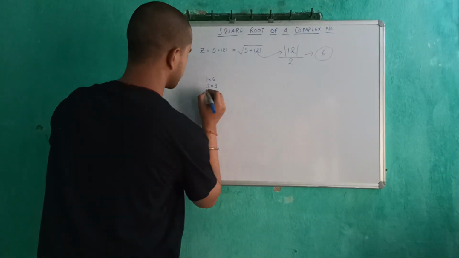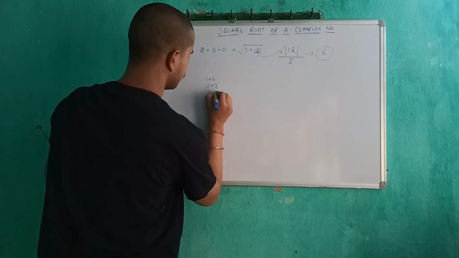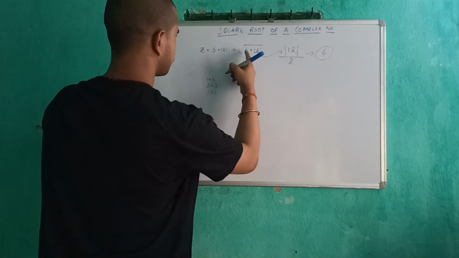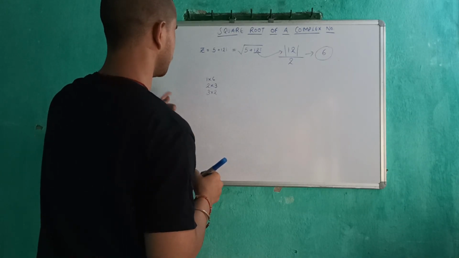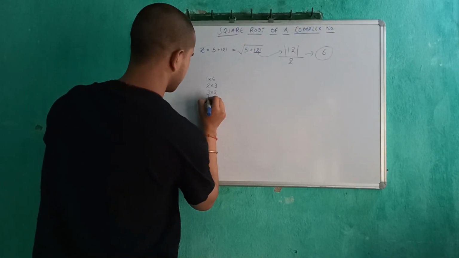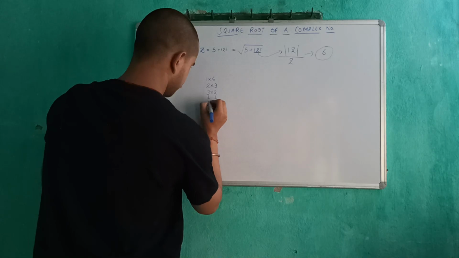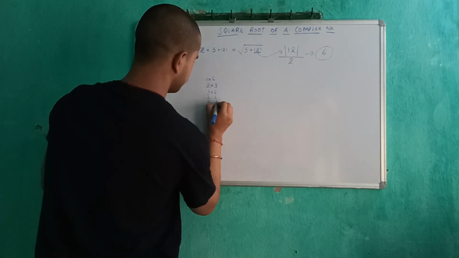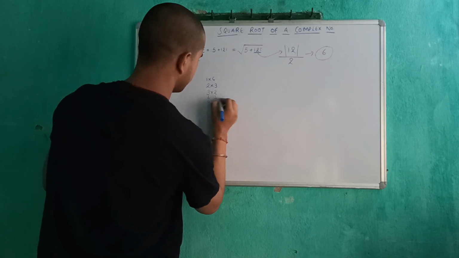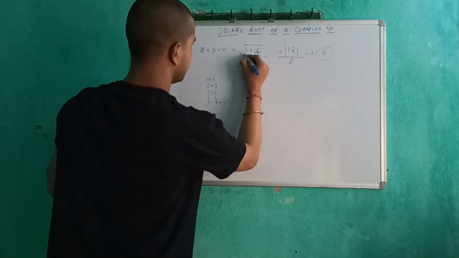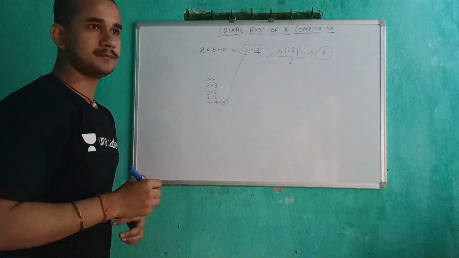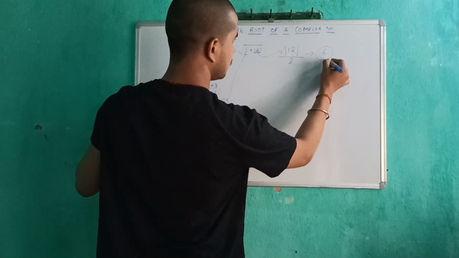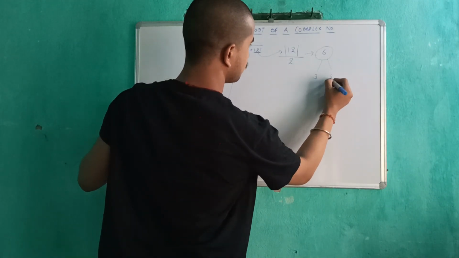So let's go for the third one now. The third one will be 3 into 2. 3 into 2 will be 6, and I believe this will be the suitable one, giving the difference of 5 in their squares. So let's do it in a realistic manner: 9 minus 4 gives 5. Okay, so I believe this is quite suitable. So write it down here in this manner, like 3 and 2.